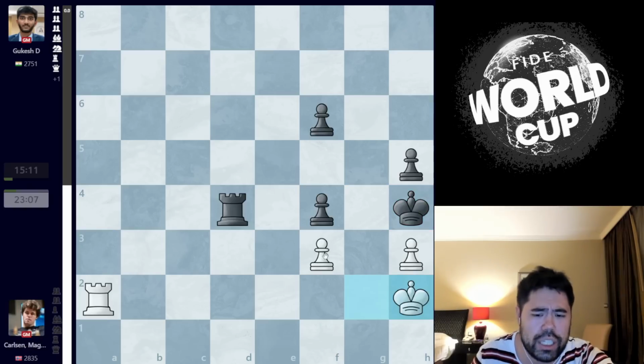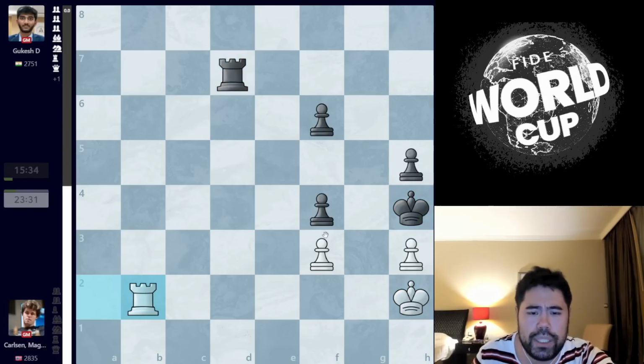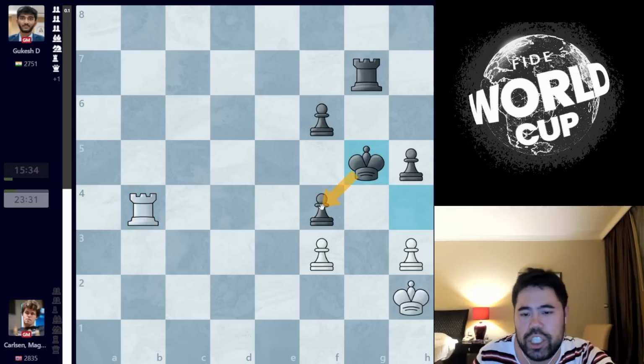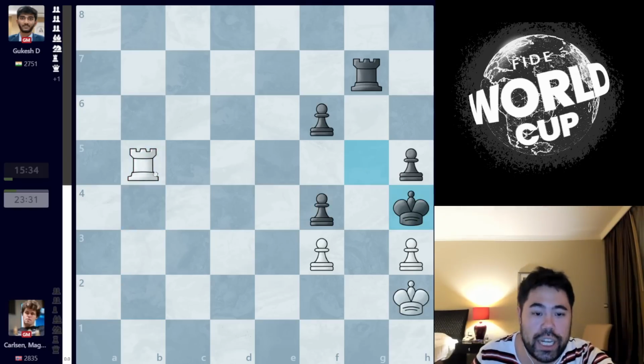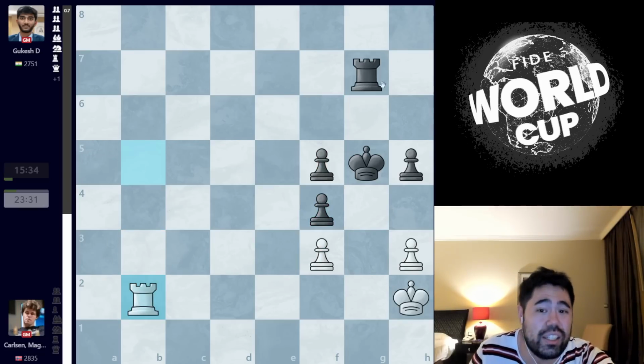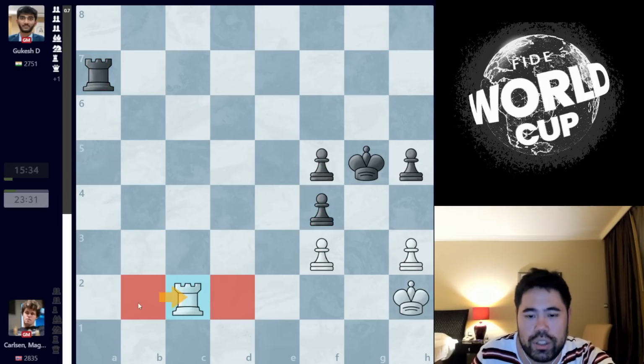So here Magnus goes king h2. We get rook d7, rook to b2, not allowing the check. And the point is now if you go rook g7 to play rook g3, I can simply go rook b4 attacking the pawn. You're not in time with rook g3, and after king g5 to guard the pawn, I can just start checking you all over the board, and we get back to a situation like this, where again, I just sit and wait forever on the second rank.